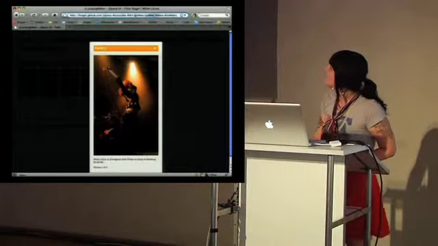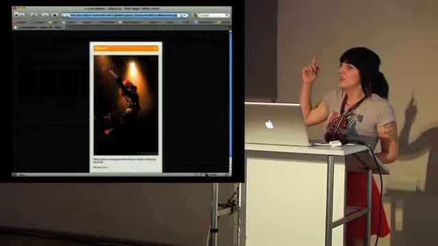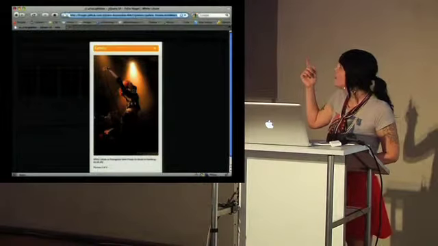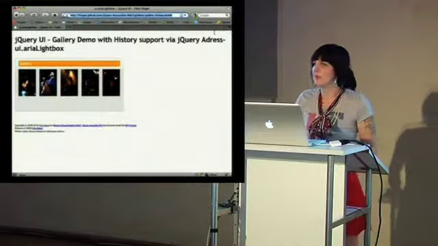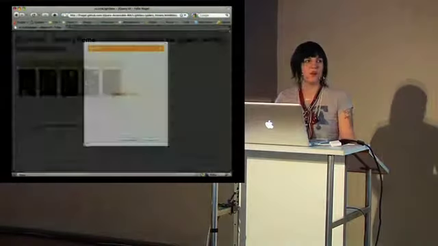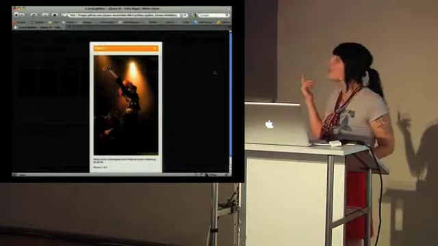And then what's also really neat about this is it updates the URL. So I can grab the URL from this, send it to someone if I want to show them a picture of someone rocking out, and then I can automatically load that URL right away.